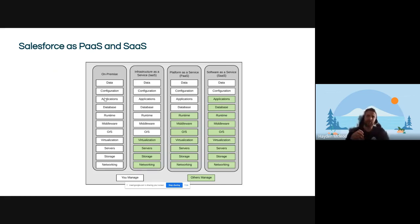So what I mean by it does most of it for you automatically? Well, we're getting into the whole infrastructure as a service versus platform as a service versus software as a service discussion here. So AWS is primarily infrastructure as a service, and that means all of these white boxes are things that you have to take care of yourself, and the vendor, like Amazon, will take care of the stuff in the green boxes. So if you're running on AWS, you have to worry about the runtime environment, the middleware, and